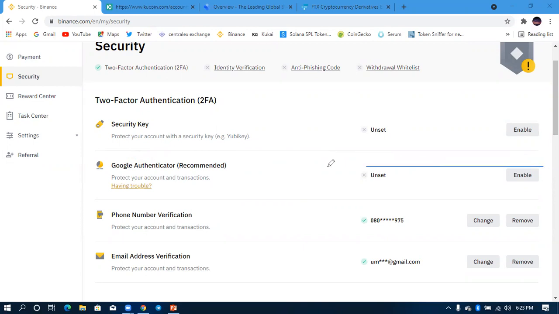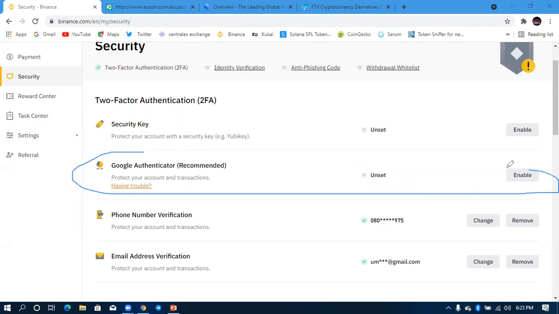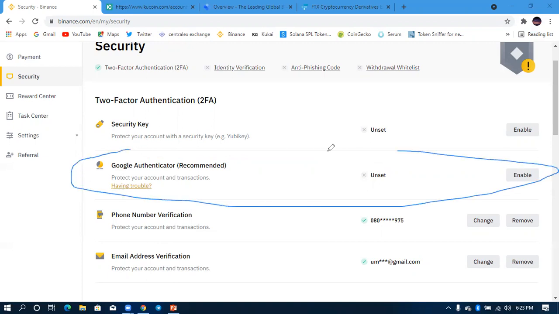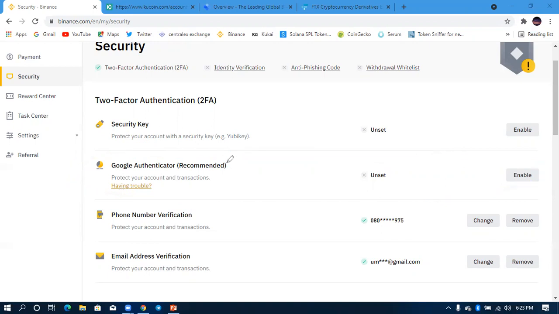Okay, you can see what is on set. I've not set it up. Now, if you are using the Google Authenticator, this is very important. For example, if you lose your phone and you try to log into another device without your Google Authenticator in your mobile app, you won't be able to, because that is the Google Authenticator going to send you what? An OTP. So if you can't access that OTP, that means you can't access your account. So in case you lose your account,